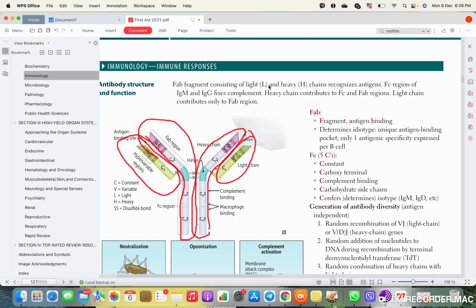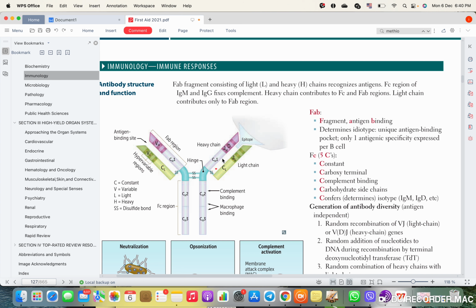So far we have light chains and heavy chains that work to recognize the antigen. Well, who recognizes the antigen? Is it the FC portion or the Fab portion? The answer is the Fab region. It has the antigen binding site. So if you get a question, where do you identify the antigen? The answer is at the Fab region, okay? While the FC region, which is the back region right here,